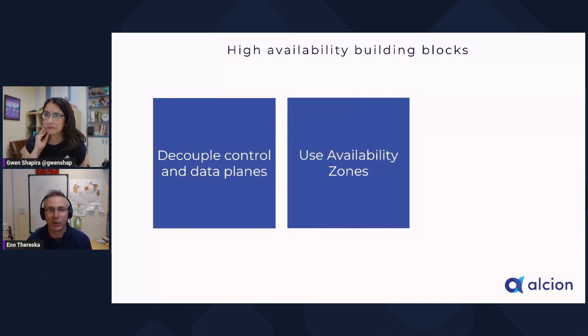That's great. We have talked about the use of availability zones or zones in general. These are data centers or a collection of data centers that are physically isolated from one another. So if something goes wrong, there's flooding in one of them, the other ones are still up, and your tasks can still be available. Okay. Now, both of these are high availability building blocks. And this talk is going to be mostly about availability. There's going to be a bit about security as well and isolation, but it's mostly about availability.